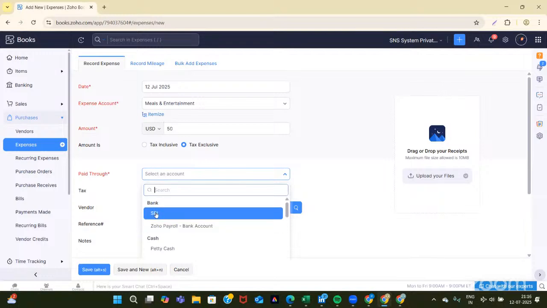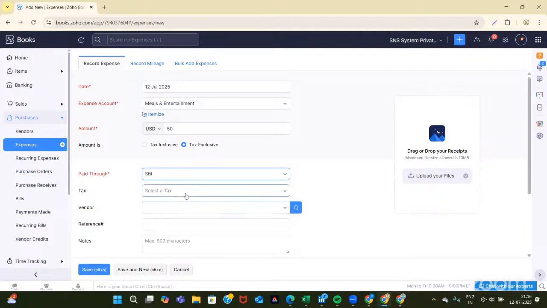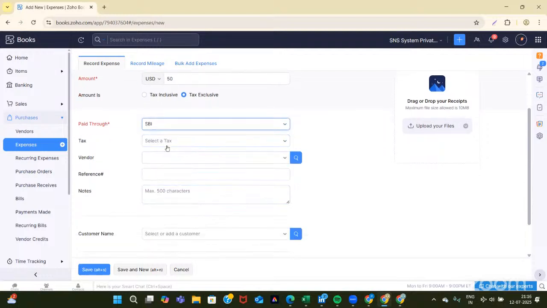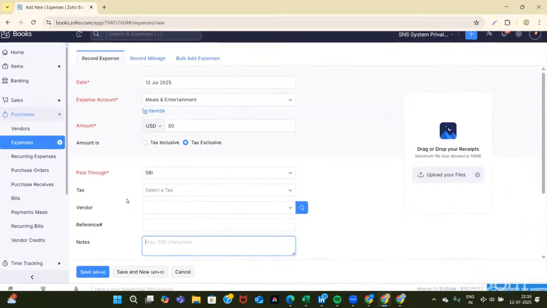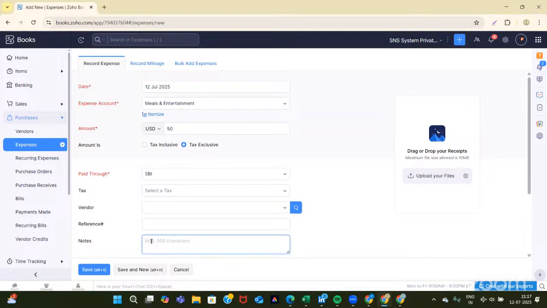That is, how did I pay this amount? Let's say I paid it through SBI. Then you can mention the tax, your vendor as well, and your reference. Reference number is an optional field, which could be the receipt number or internal code. Though notes is not necessary, but according to me, it could be very useful to give just a short note for context. For example, since it's meals and restaurant, I can mention that